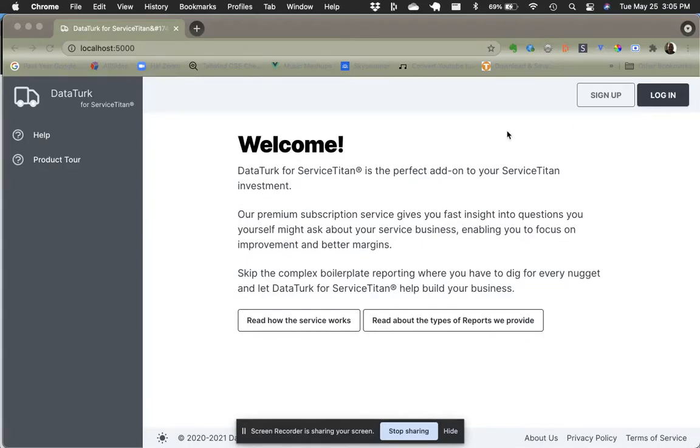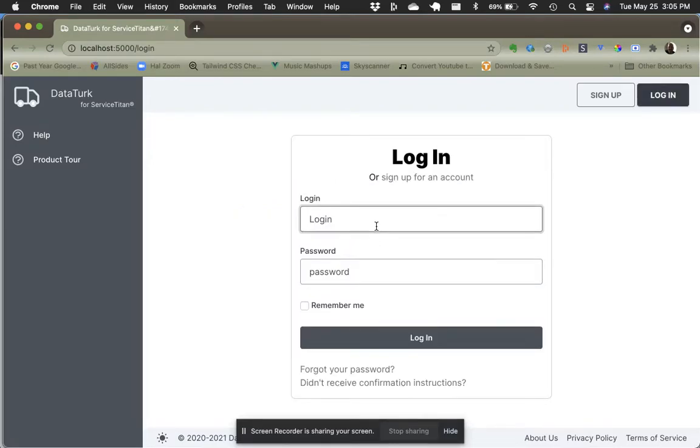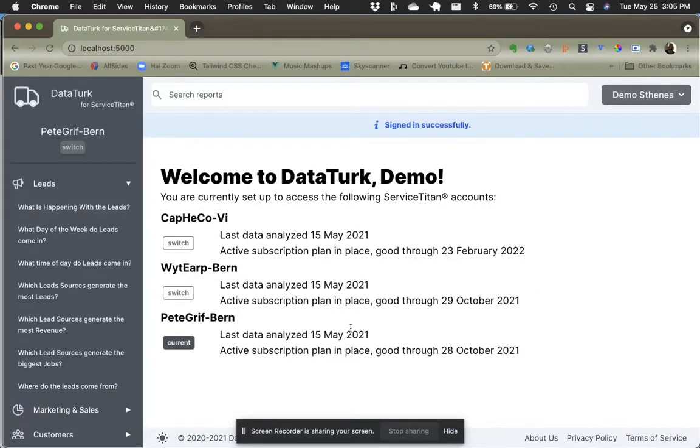So I'm going to go ahead and log into a demo account that we have already set up here. And then, of course, you don't know the password to this, but I do. And here's an example of an account where we have 3 different ServiceTitan accounts using it. I'm going to go ahead and use this one that we call Peter Griffin